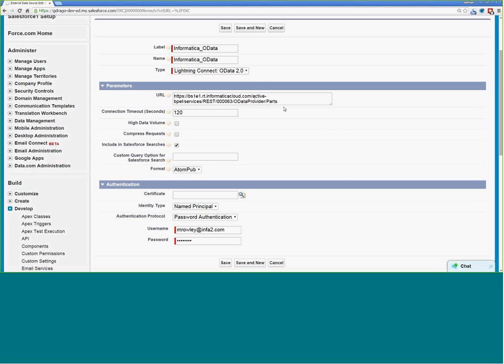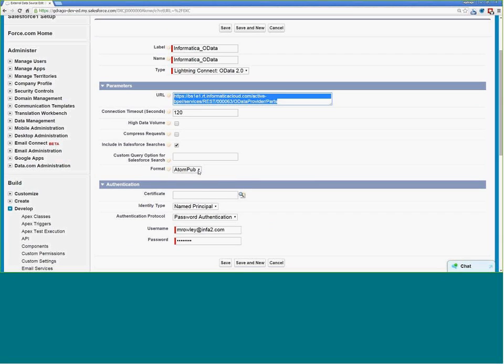So you're creating a label to make it known inside of Salesforce. I've taken one of the URLs provided to me as the admin by the ICS or Informatica Cloud real-time admin, which is going to be my endpoint. In this case, it's a URL that's pointing to the MySQL database on Luke's machine.